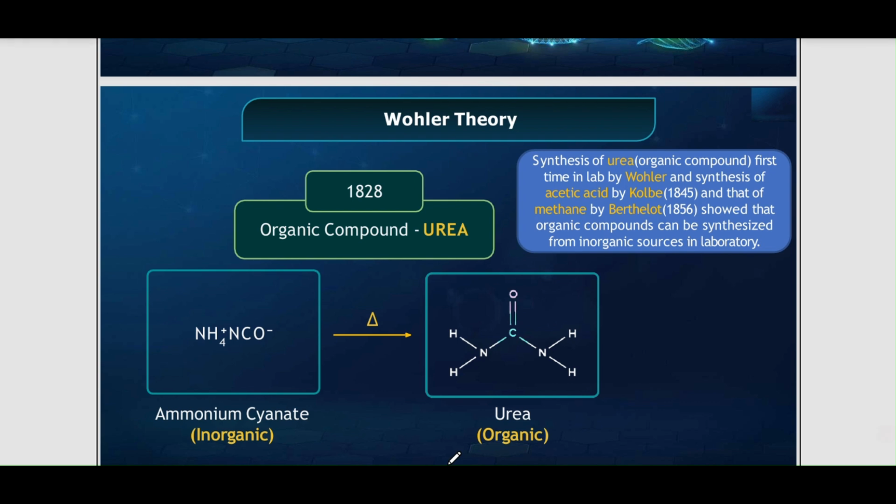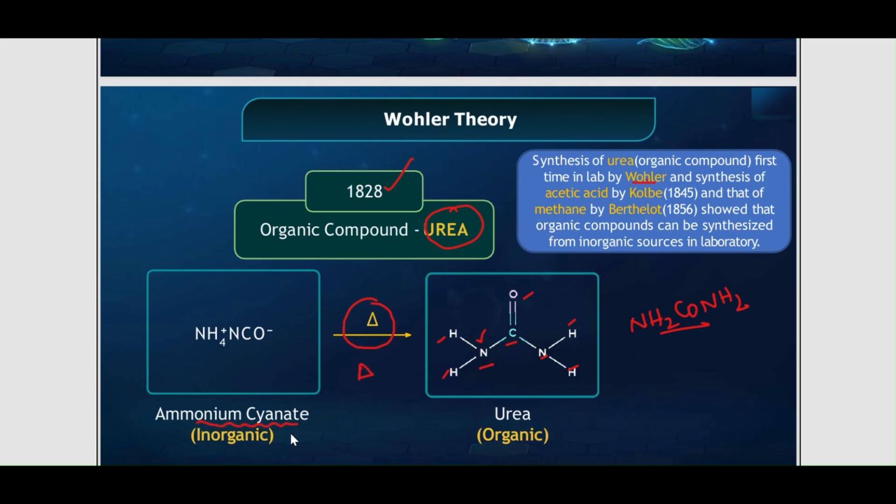Now we know that the first carbon compound synthesized in the laboratory is urea, by the scientist Wohler in 1828. That compound has the molecular formula NH2CONH2, and you can observe the structure here. It can be synthesized by thermal decomposition, simply upon heating